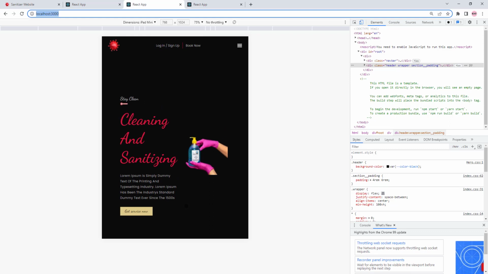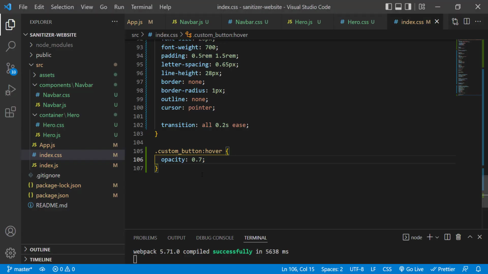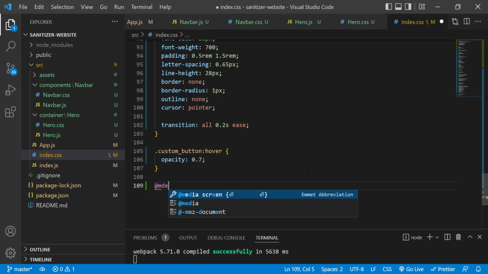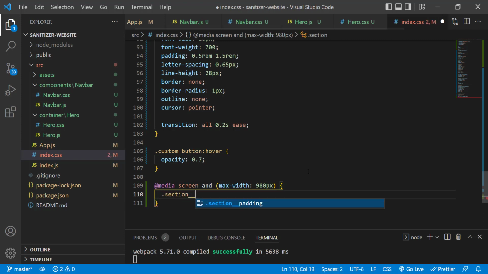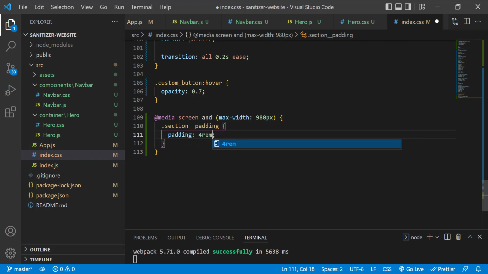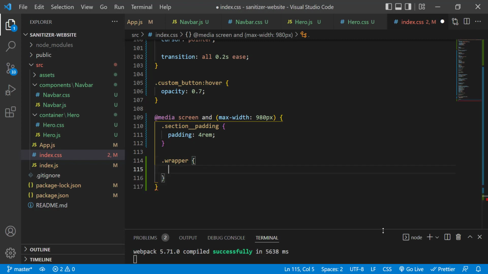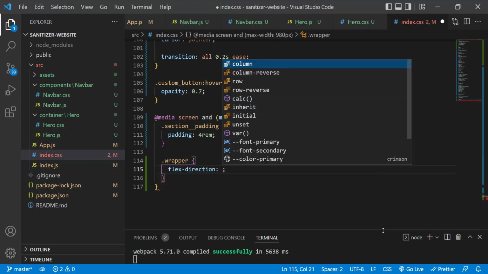So our mobile device and tablet device is not looking great. So let's fix this. To fix this, we can add a media query. So I am going to add a media query for the tablet device. So @media screen and (max-width: 980px) curly brackets, let's say .section__padding curly brackets, padding 4rem. Below that let's say .wrapper curly brackets, flex-direction column,